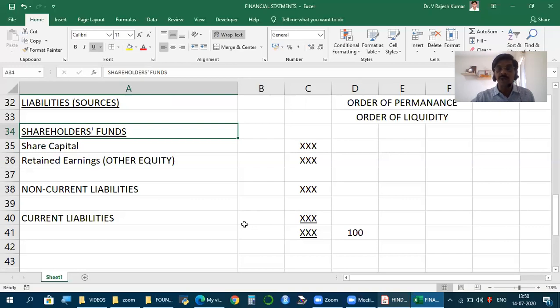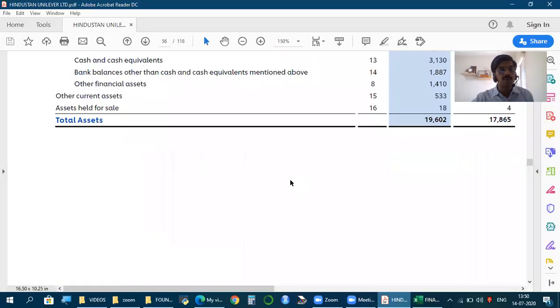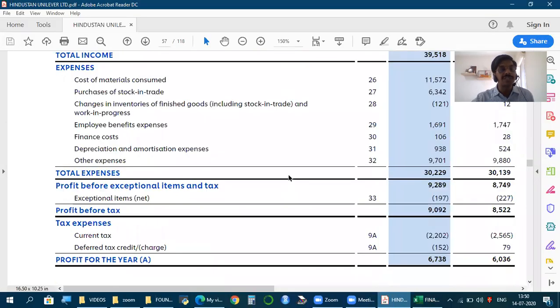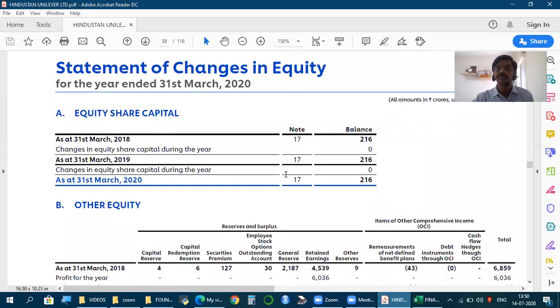It's essential that shareholders have clarity over the year about what happened to their funds. Hence, now we find one more statement called the statement of changes in equity. So last year, how much was capital and other equity? What are the changes this year? So as it stands today, how much? It's just an extra explanation that is provided, but now this is a part of the financial statements.